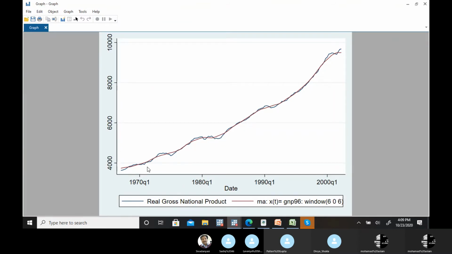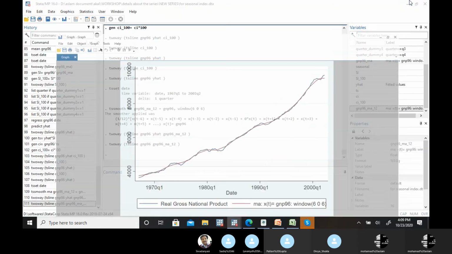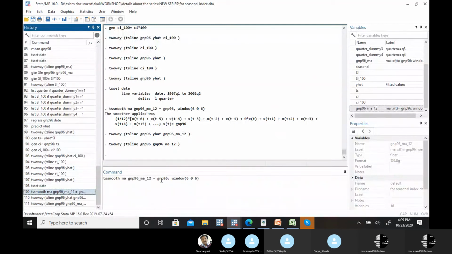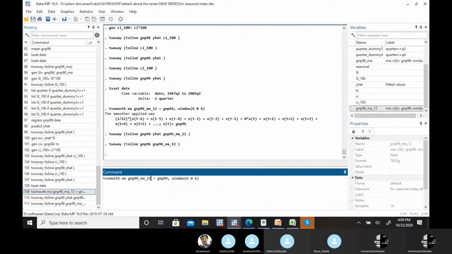This is the red one, which means the duration is increasing, and this is more or less a trend. Or the maximum gap you can take: in place of this 12 moving average, if I take 5 years, then it's 20. In place of just 3 years, I'm taking 10.